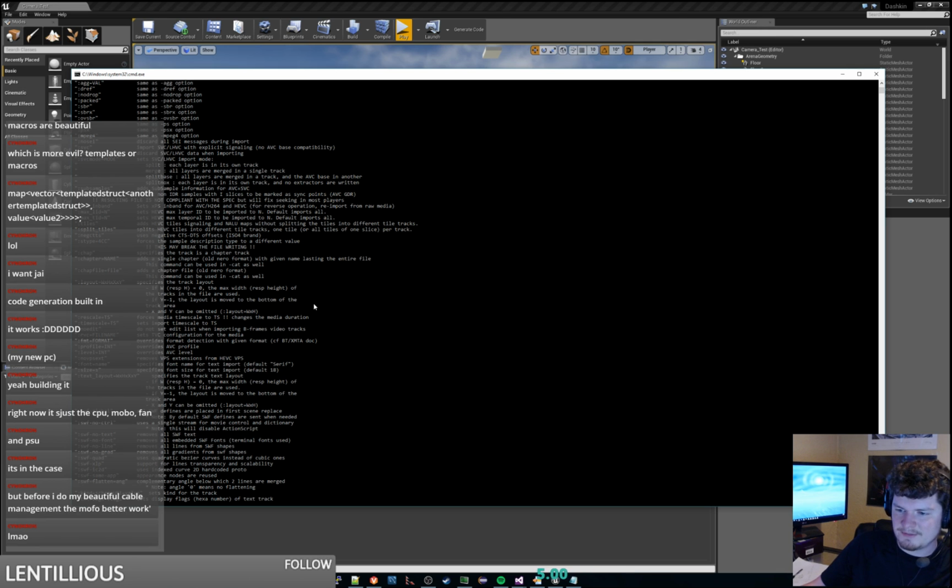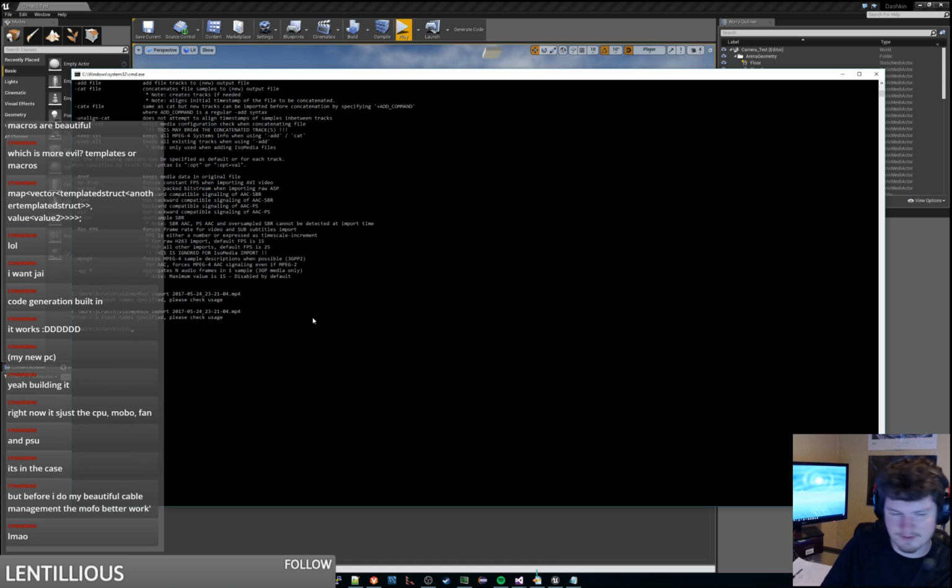Well, I mean, it's called MP4Box for a reason. It's supposed to convert things to MP4, but file conversion. Okay, MP4Box converts the following files into compliant ISO media files.